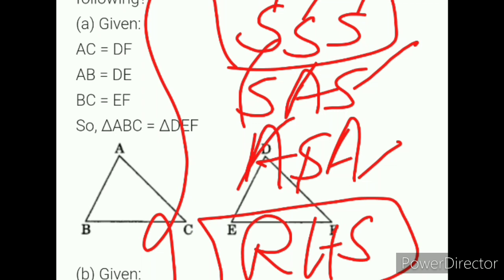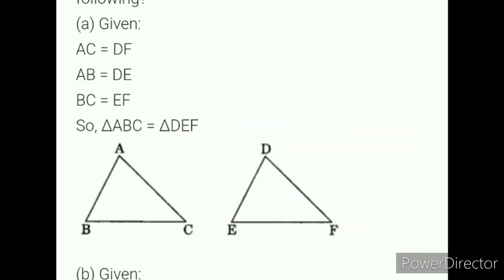Yes. Now here we are, no need of proving. They are only given they are congruent triangles. We should just find which criterion we have to use. That's all. Okay. First set of triangles ABC and triangle DEF. What are the conditions given?